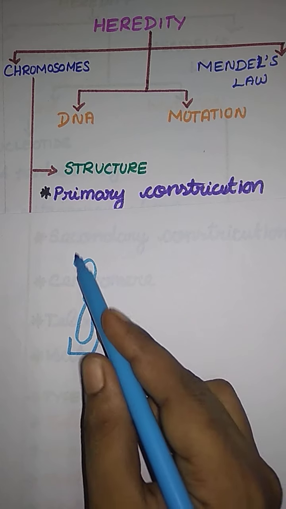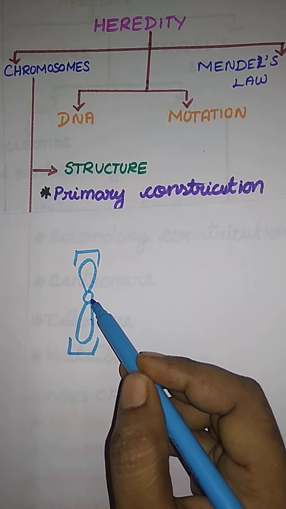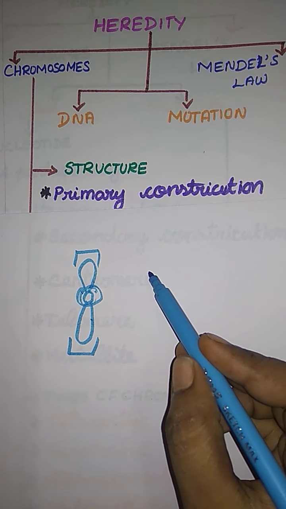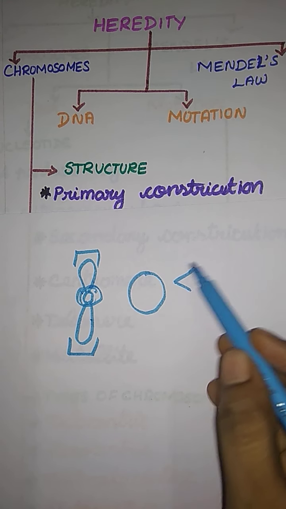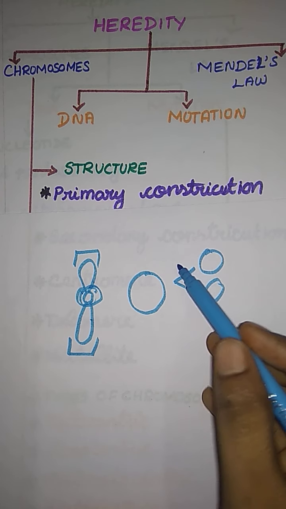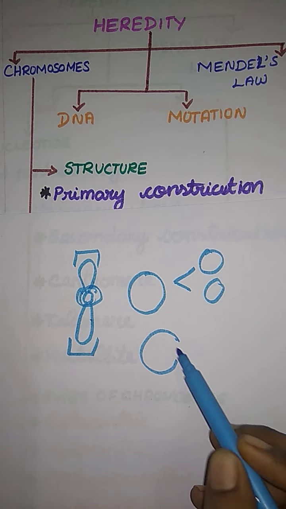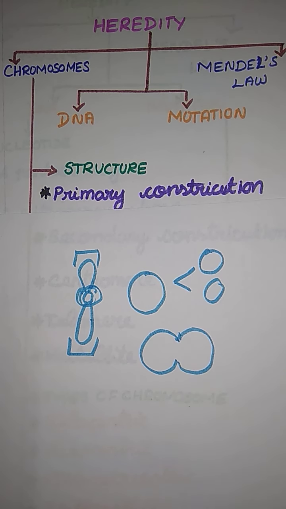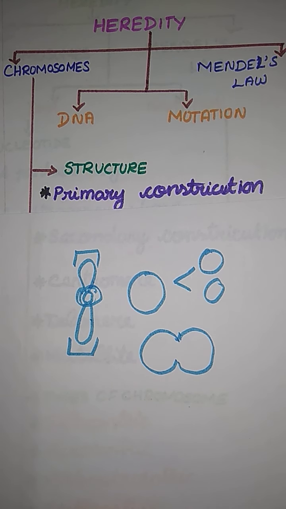This is a chromatid part, right? Each chromatid is attached to the center part. This part is called a constriction. We usually see a constriction at the time of cell division, when a single cell forms two daughter cells. In the cell division process, the cell wall forms like a fold, and the name of that fold is constriction. So here it forms a constriction, that is the primary constriction.